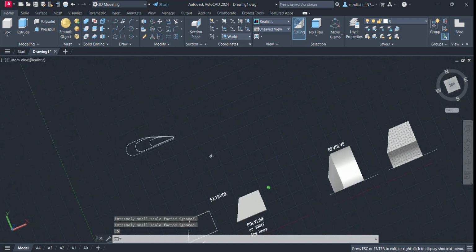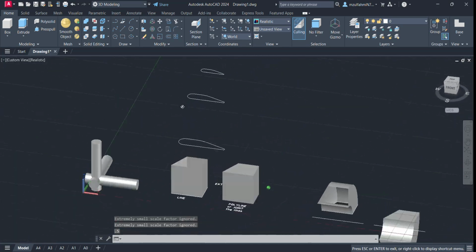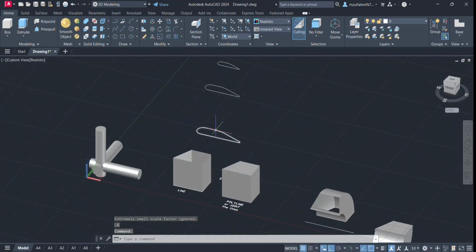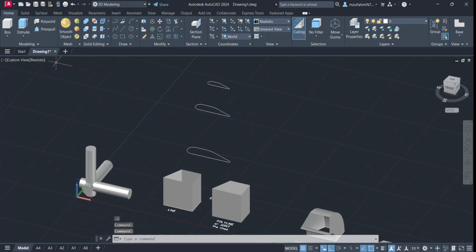So you can see this is three sections, one section, two section, and three section, and I want to create